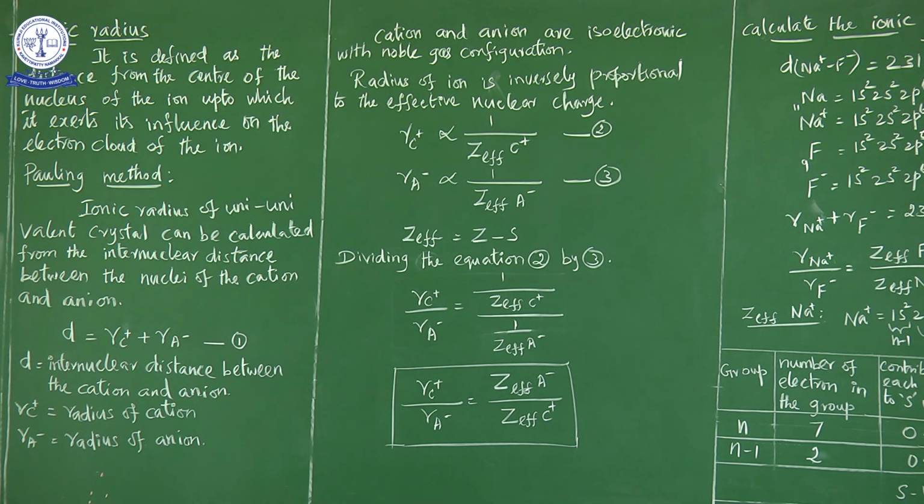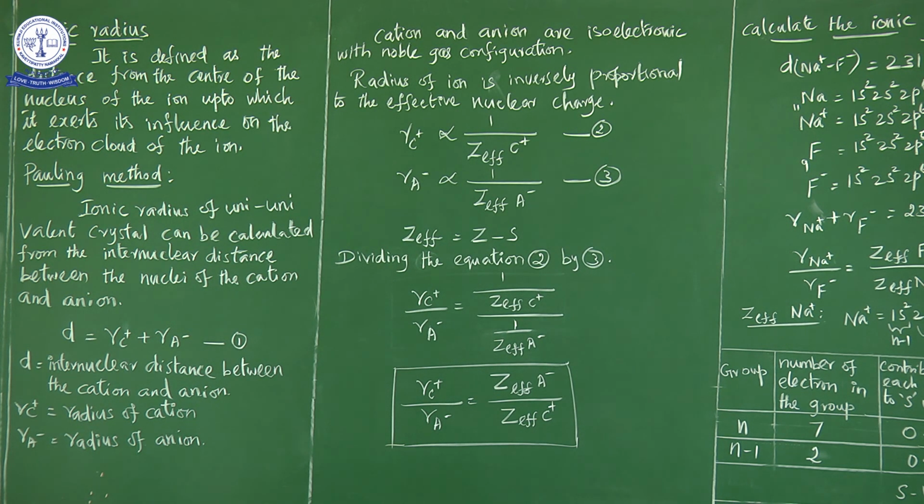So how is the ionic radius calculated? The ionic radius is measured by the Pauling method. Ionic radius எப்படி measure பண்றோம்? Pauling method. So Pauling calculated the ionic radius for both the cation and anion by using the internuclear distance. Atomic radius is measured from the molecule. Atomic radius molecule-ல இருந்து measure பண்ணிருந்தோம் இல்லையா? The molecule is also neutral, which consists of two atoms.